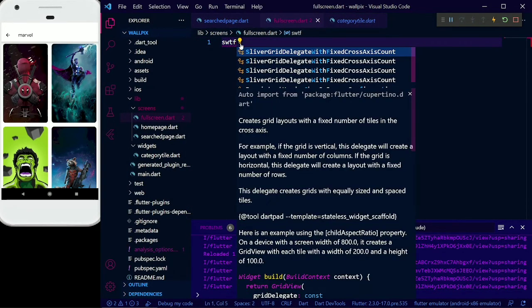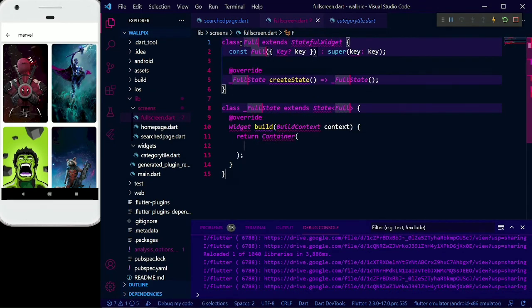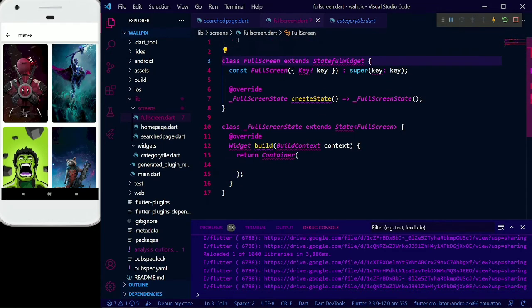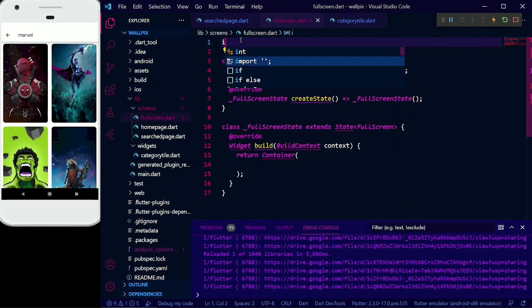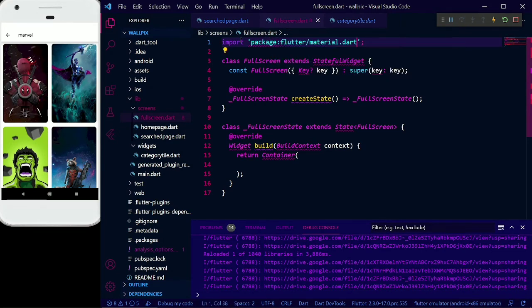Again we will have our stateful widget, stf, let a stateful widget and name it full screen. It's giving me an error because I have not imported the material. Material dot dart.